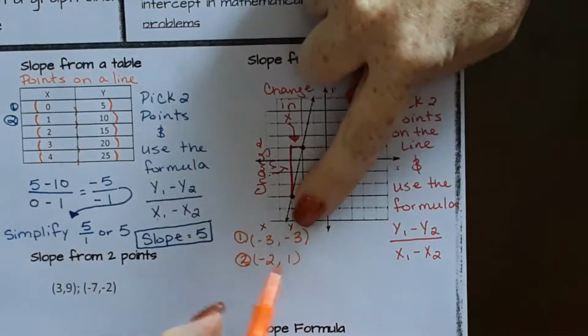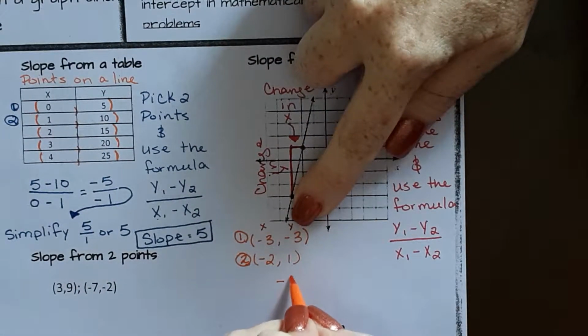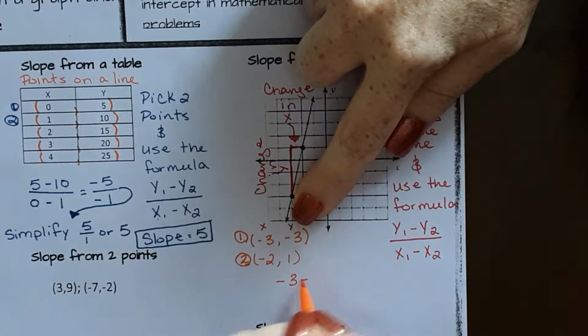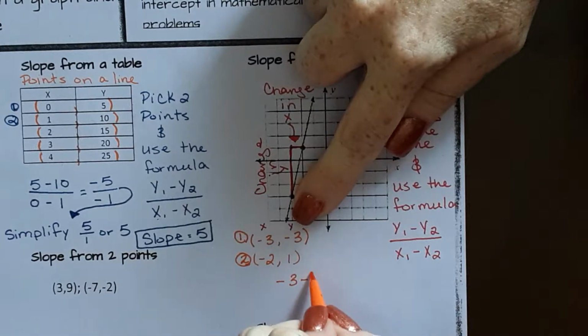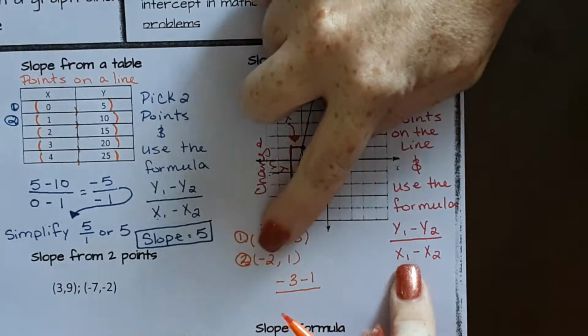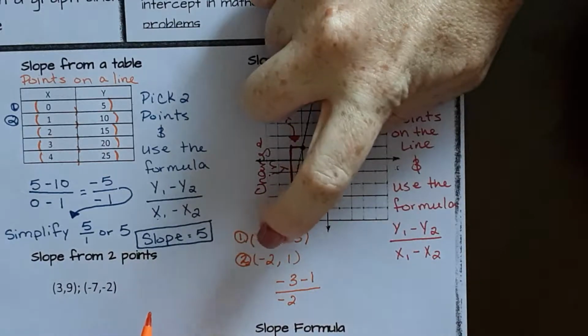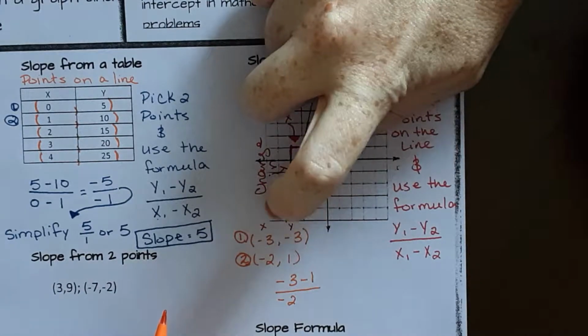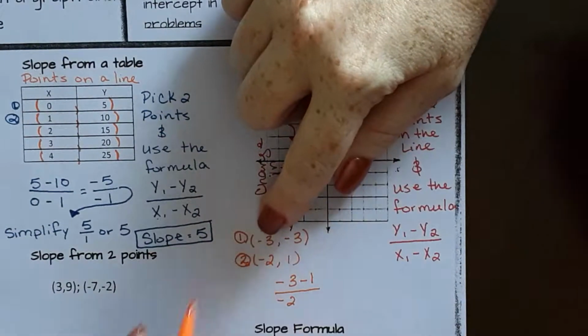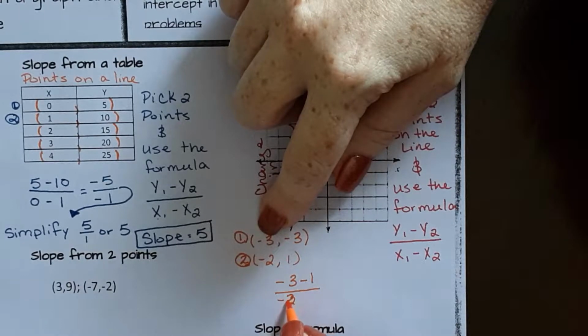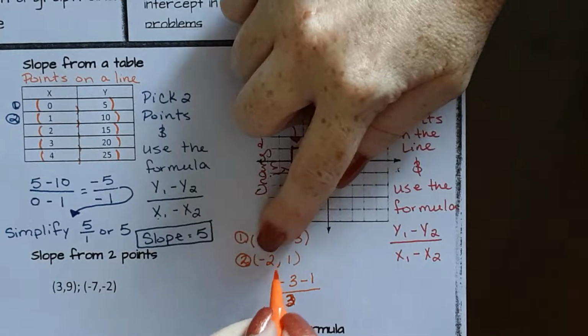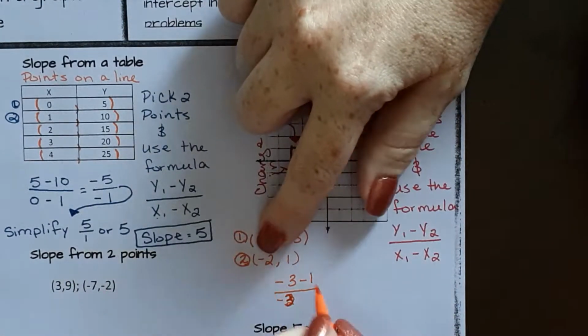My first y value is -3 minus my second y value of 1. My first x value is -2. Sorry, my first x value is -3. Minus my second x value